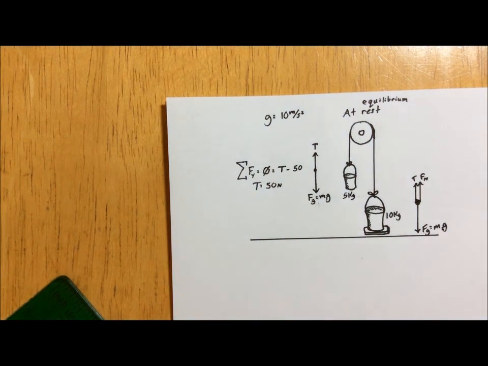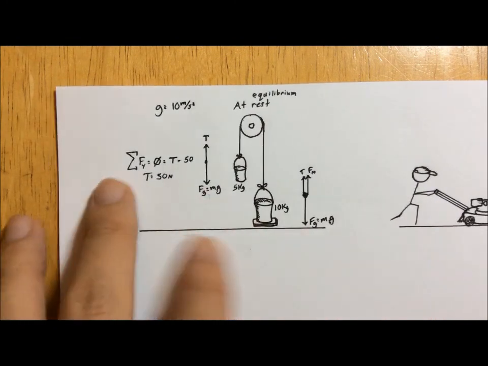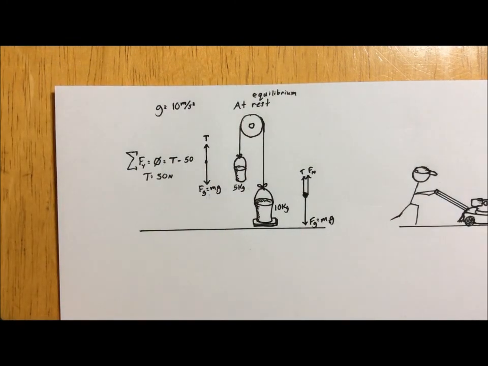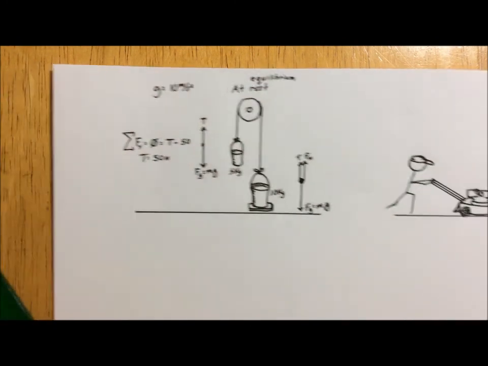So tension is equal to 50 newtons. And tension here on this side is pulling up. Interesting thing about tension is that sometimes it can pull one way, and then the other side on the other object that it's attached to is pulling the other way, which is happening here. Okay, well, that's all for that side. And yeah, there's another picture.